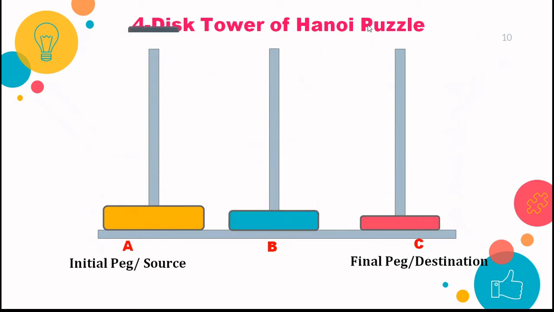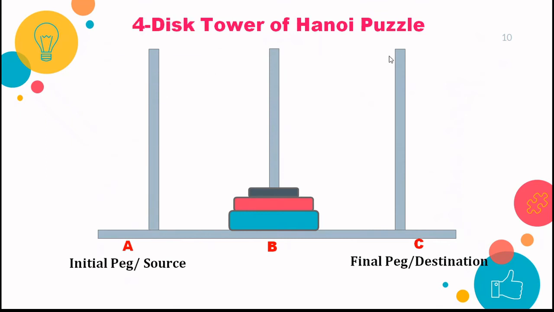and then we will place this blue one on A, then this on this pink one on B, then again this gray one on top of this pink disk, that is the B peg, and then finally we will take this yellow disk and place it on peg C. Then this gray disk will be placed on the top of the yellow disk using the peg C.